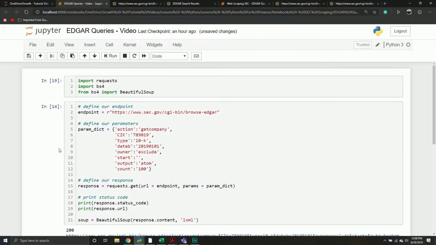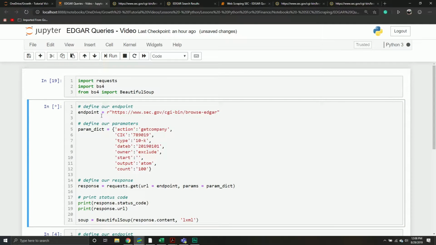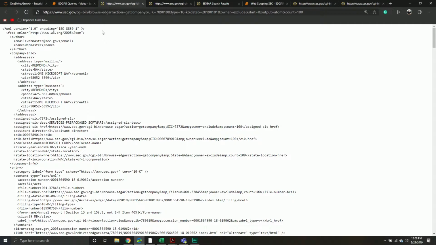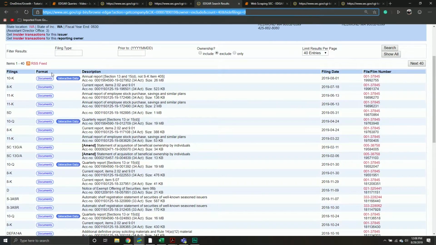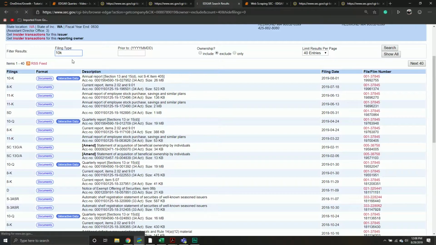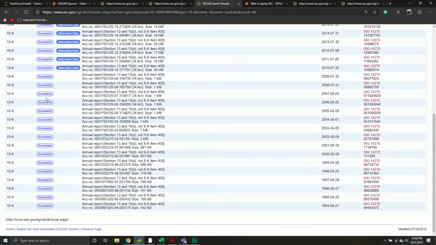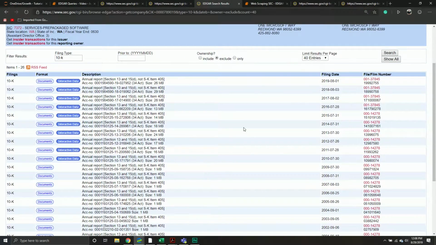So what I've done before is we saw how to make two different types of request. Right now, I'm going to use this request right up here because this is actually getting the 10Ks and all the items from Microsoft, which I do want. We'll notice that if we click this little URL, it will take us to this page. That is basically an XML version of all the data that we would find on this particular page if we had typed in 10K, for example. And it's loading. Oh, sorry. It's very picky sometimes, as I've learned. So it's as if we had done this particular type of search, and now we want to basically parse this